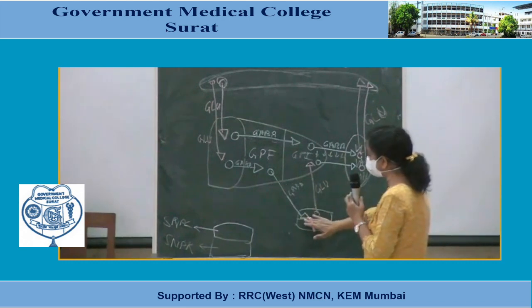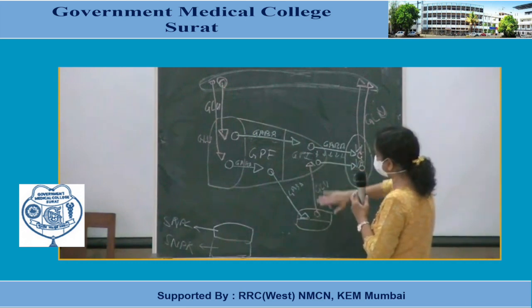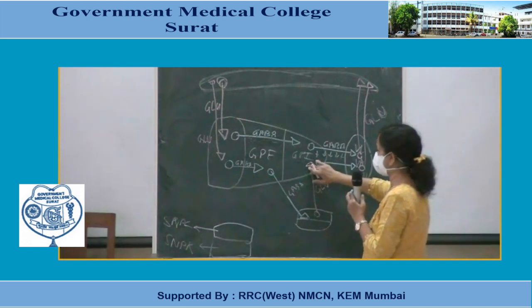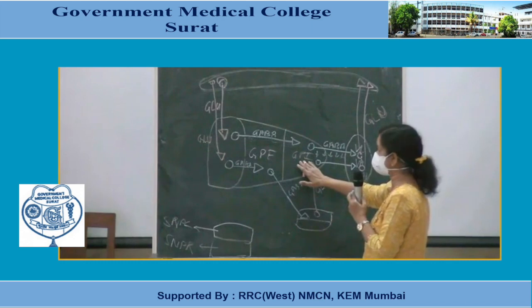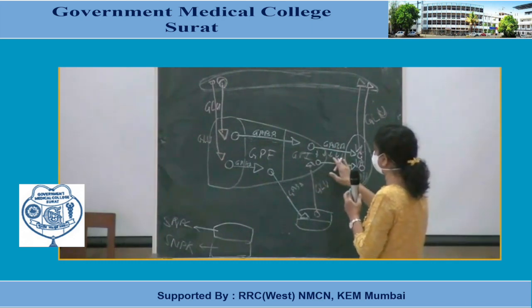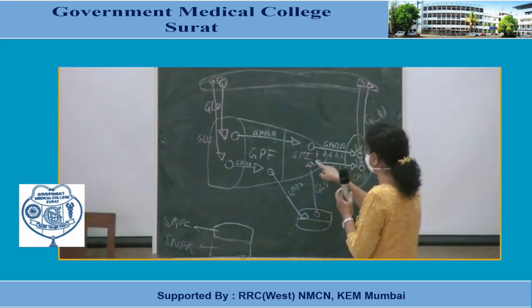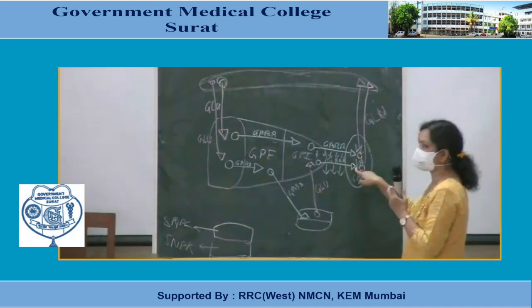And once these fibers are inhibited, these glutaminergic fibers will secrete more glutamate in the globus pallidus internus region. When they stimulate this region, the GABA secretion from here will increase. The firing rate of these GABAergic neurons, that is the pallidothalamic neurons, will increase. So more GABA will be secreted in the thalamic region.